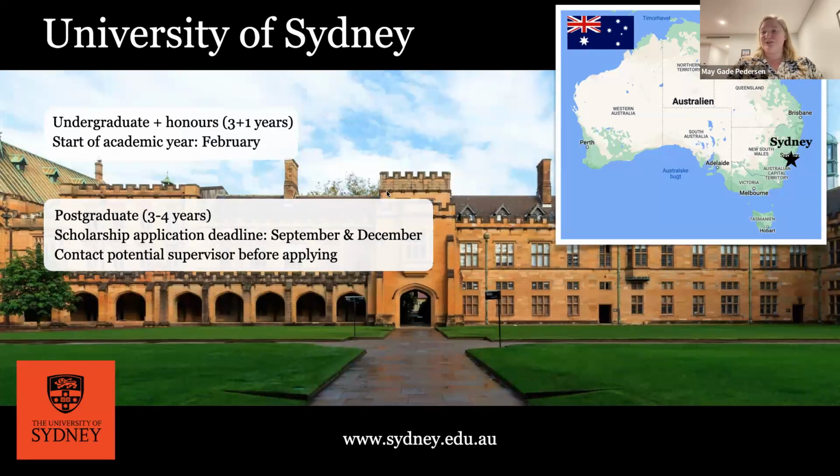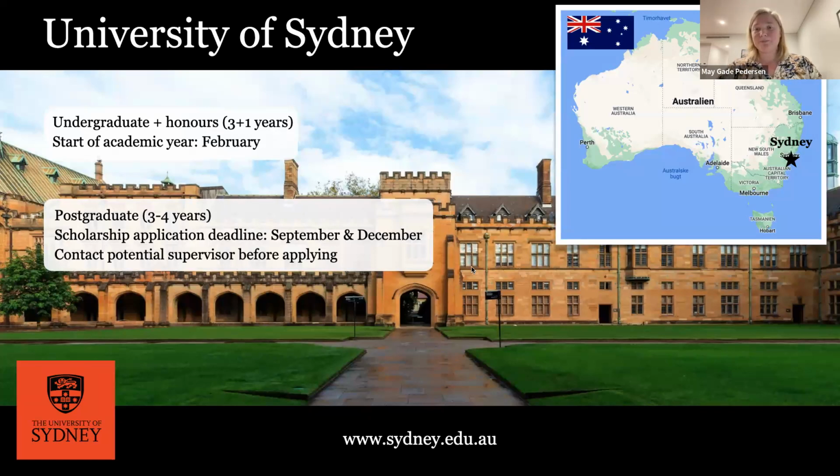Aside from that, if you want to come and do a postgraduate degree, which corresponds to a PhD degree, know someone who might be interested. The important part is to try and find a supervisor before starting to apply. The normal process is you look for someone in, for example, the Institute of Astronomy, in any of the fields being studied, have a chat with them, see if they'd be interested in taking on a student. If so, you send in an application for a PhD scholarship, with deadlines in September and December.